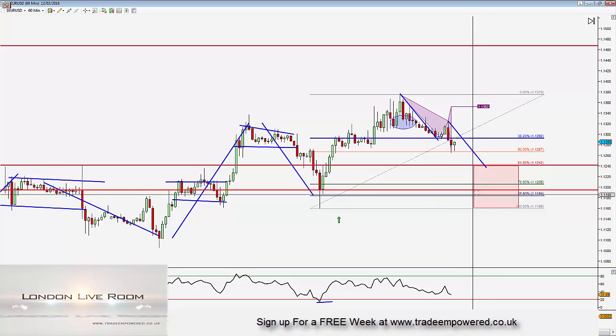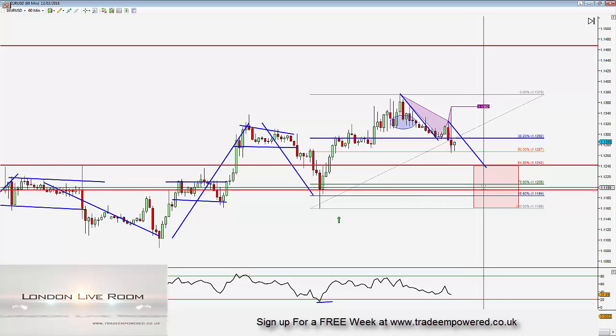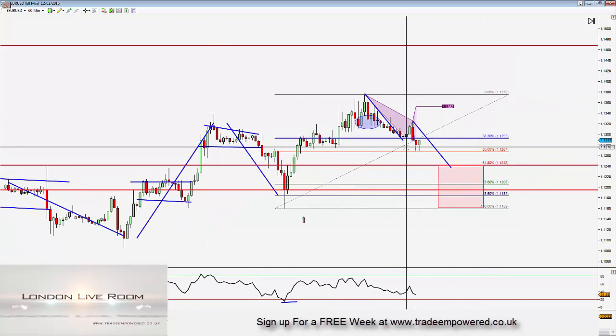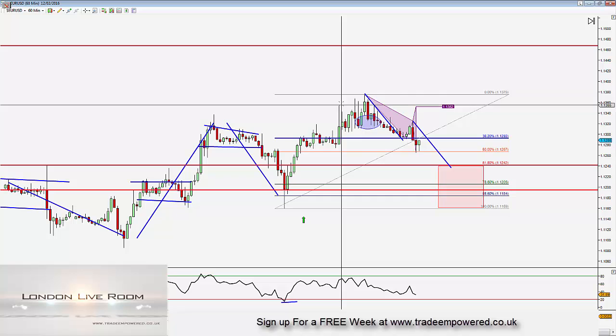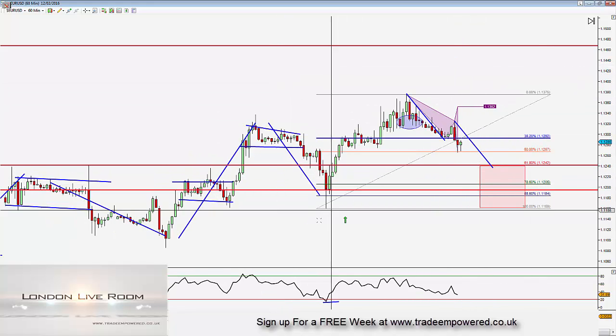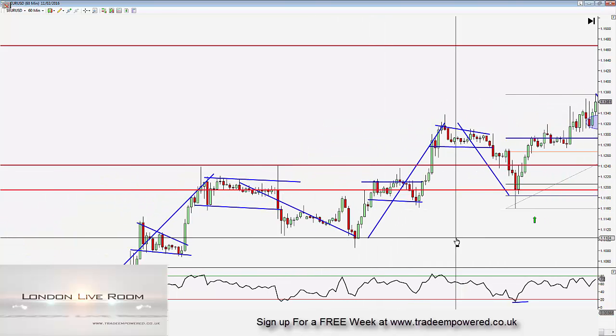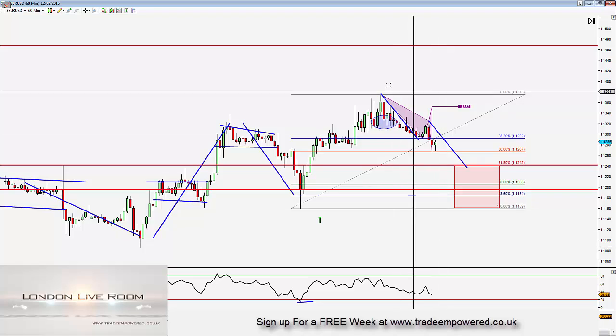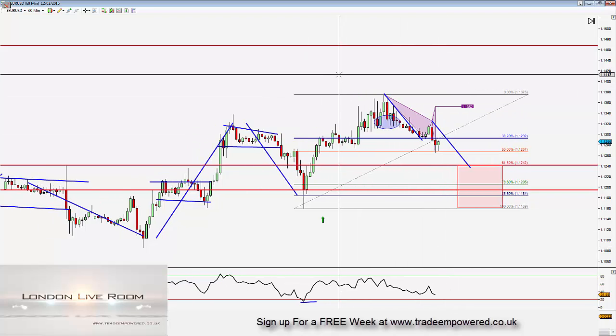The 1200 even handle down here as well. That's a price to pay attention to. But until market pushes down there, that's it. I won't be looking to do anything until we get down into this zone. Exactly what we did here. Okay, and until then, I don't do anything, and that's another trading opportunity we might look to going into next